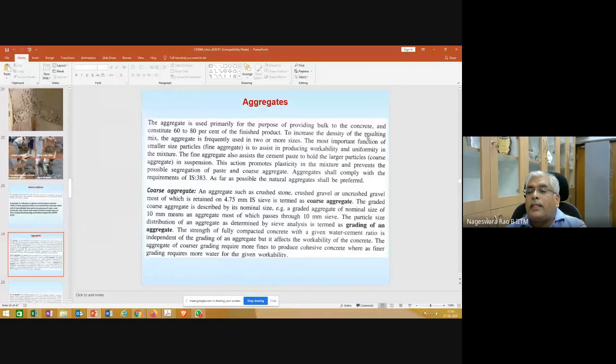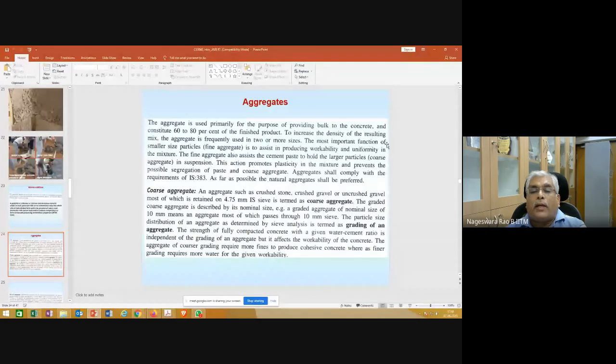To increase the density of the resulting mix, aggregate is frequently used in two or more sizes. You should not use uniform size aggregates. Aggregates should have a wide range of sizes, okay?